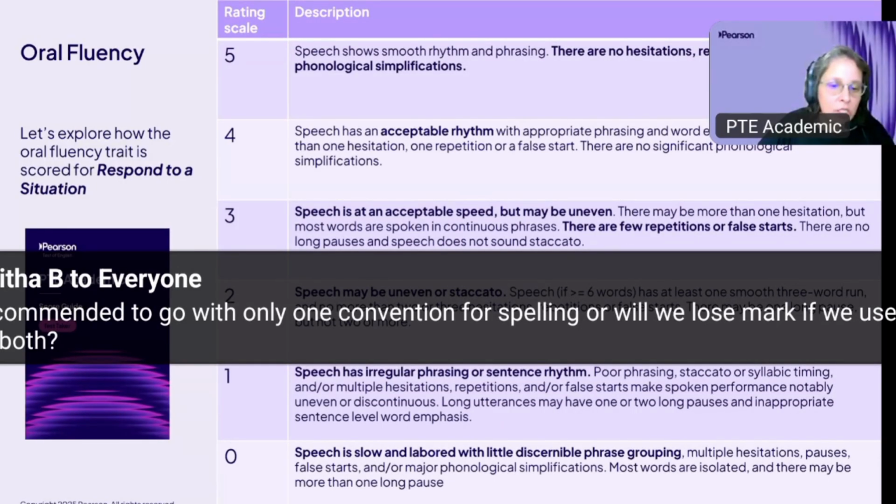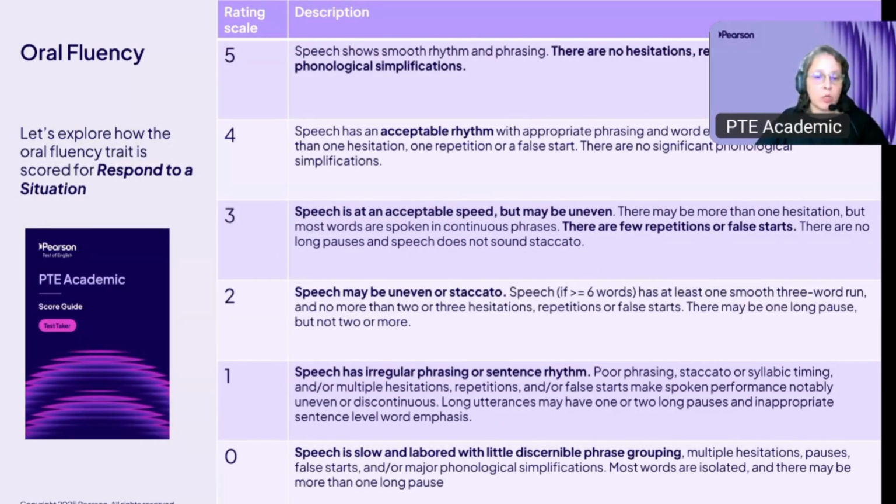Right. So let's just keep the focus on speaking because today's question type is speaking. So now that we've looked at pronunciation,